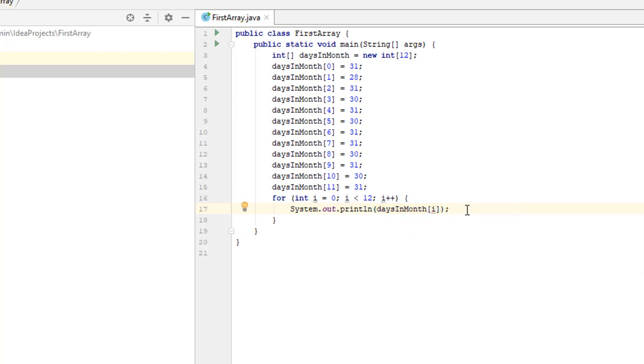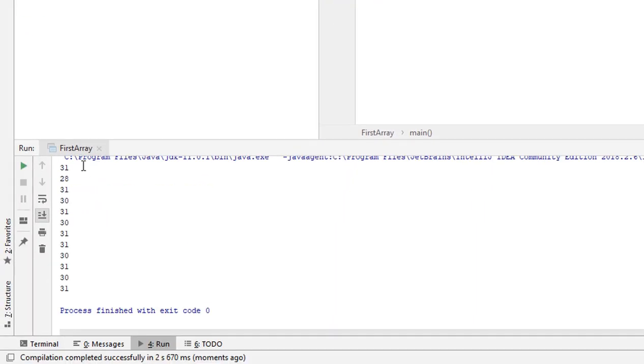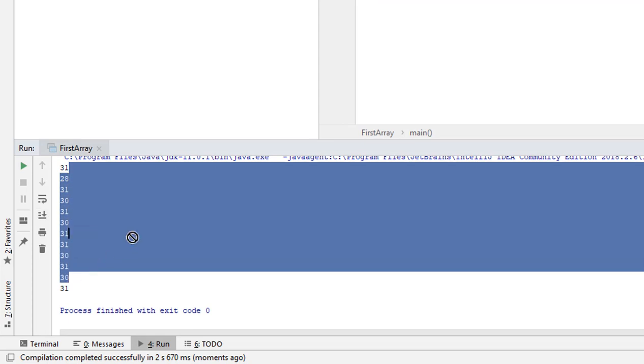I hope it is all clear. First, we will assign I the value of 0 and execute it while I is less than 12. Let's print out the value. Initially, we will print out the value of days in month of 0, that is 31. Then, we will increase I by 1 and print out the value of days in month of 1 and so on. Let's run the project and make sure all our values have been